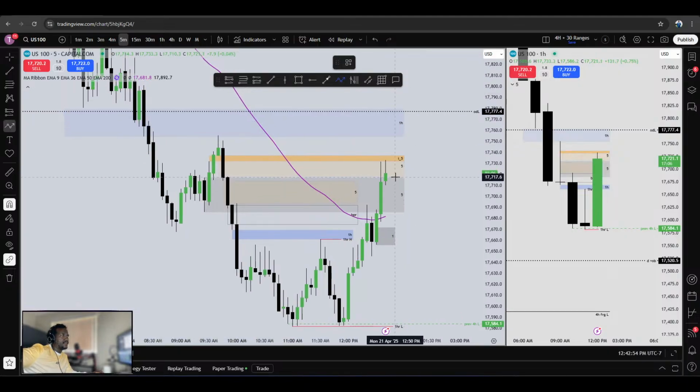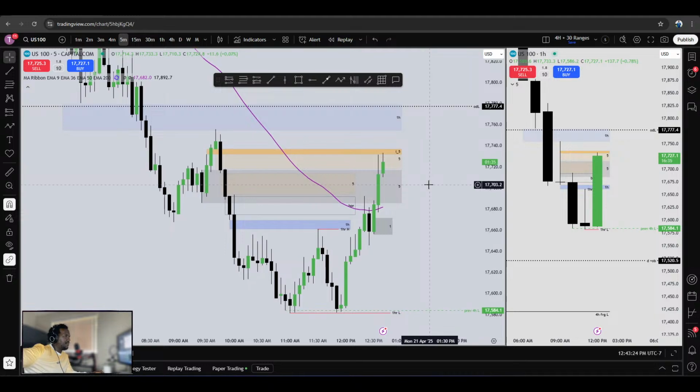Now the other thing I'd like to see is keep going up until that 1 hour gap over there, and then maybe come down. But I only have like what? I only have 8 minutes. So maybe the 1 hour candle could see, I don't know, maybe that's the one that's gonna retrace down a little bit,